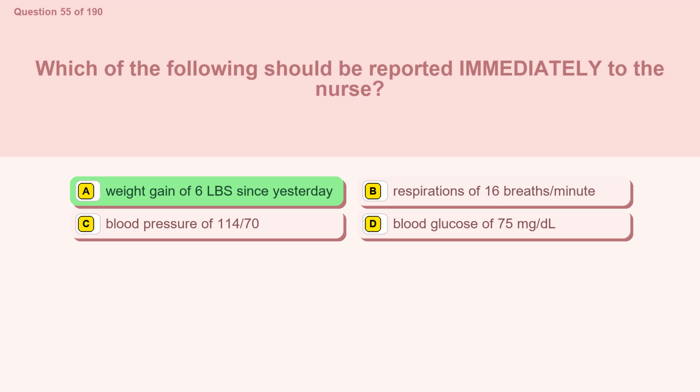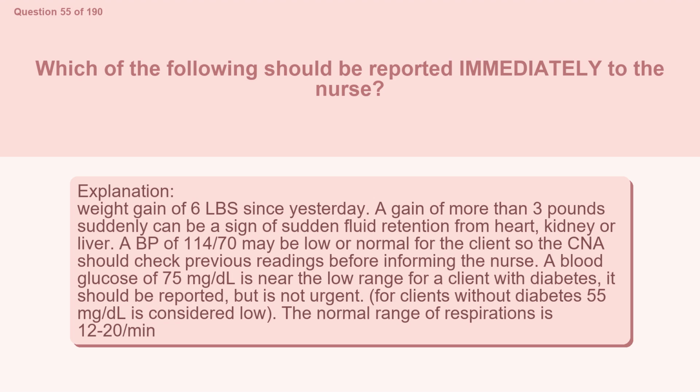The correct answer is option A, weight gain of 6 pounds since yesterday. A gain of more than 3 pounds suddenly can be a sign of sudden fluid retention from heart, kidney, or liver problems. A BP of 114/70 may be low or normal for the client, so the CNA should check previous readings